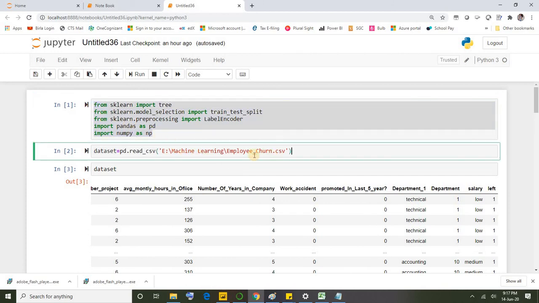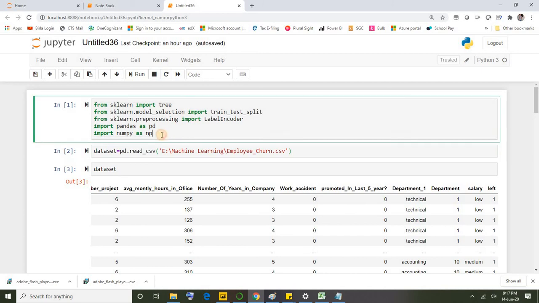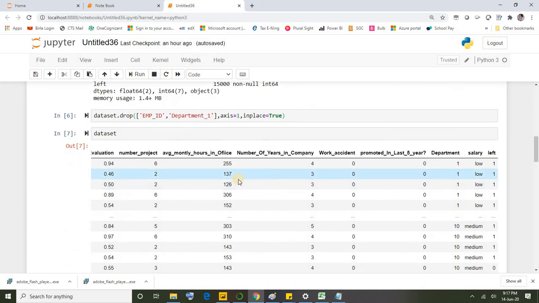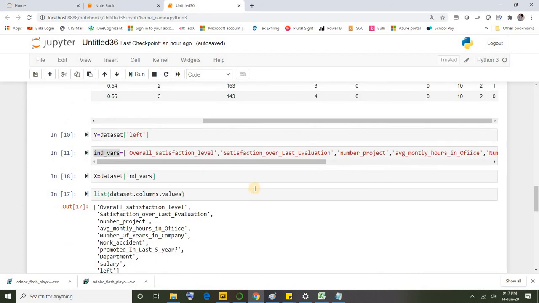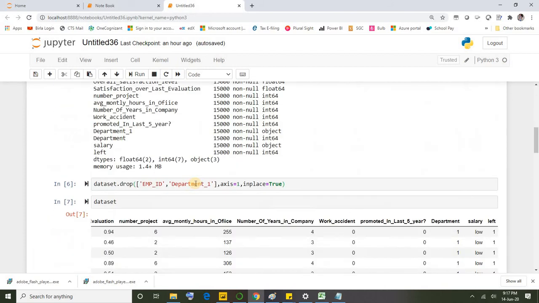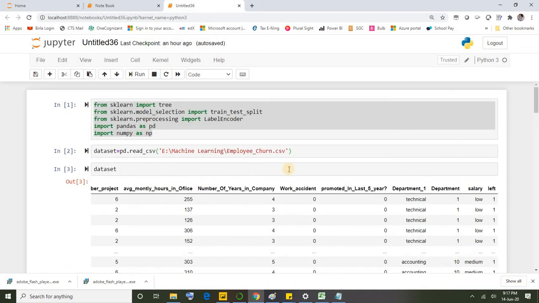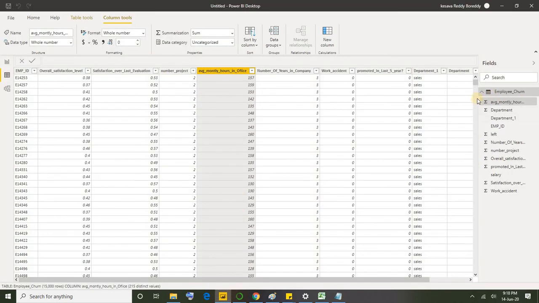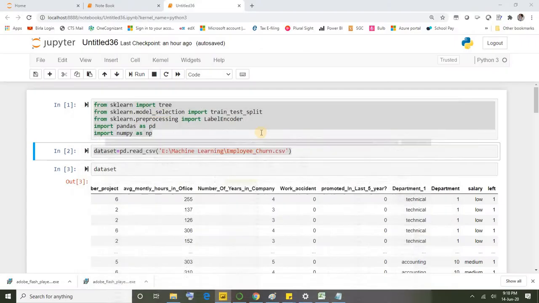For that, I'll pause this video and copy-paste this complete cell value to Notepad, and I'll show you how we can use this code directly in Power BI. Here, I'll be skipping this step because it's not required. I have already loaded the dataset into Power BI. This dataset will be used for the Python code that we wrote for our prediction.